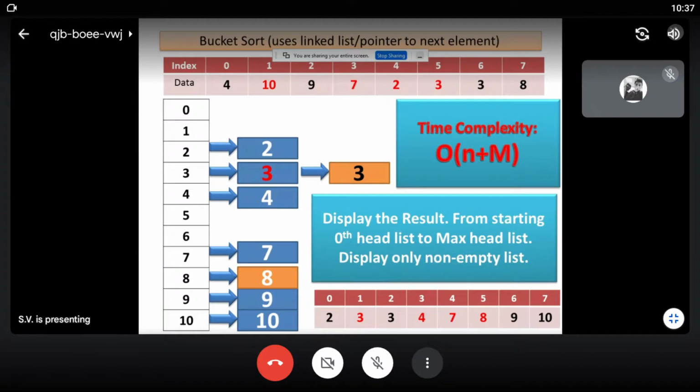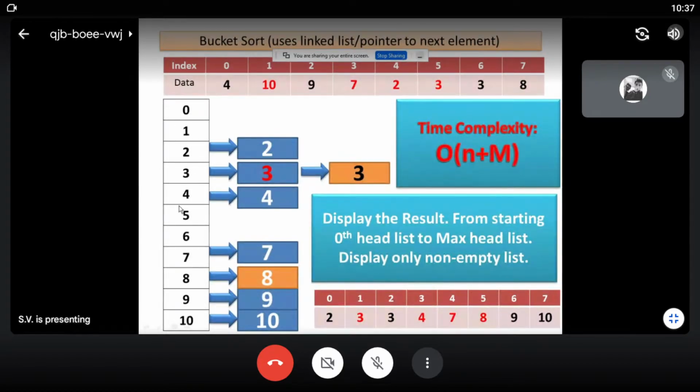You can also find the lower bound as min and max. So min will be the lower bound, that is the minimum number, and max will be the upper bound, which is the maximum number. So we can create linked list heads based on the upper bound and lower bound. That also will reduce the time and space complexities.